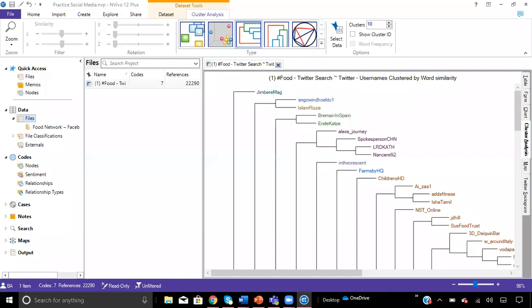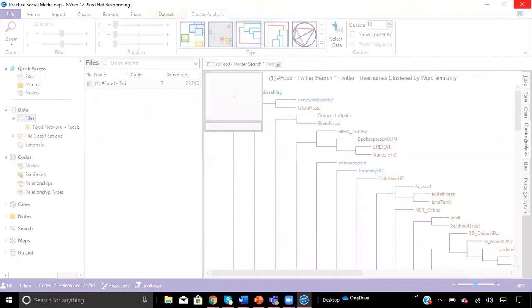Okay, and now the next feature is the map tab, which is pretty interesting. It'll give you a look at where the Twitter users were tweeting from, as long as the metadata is public. Again, NVivo only captures public data, so if that data was not public, it will not capture it. But the interesting thing about the map is that it's interactive, and if you click on a pin, you can see the post from that particular location. Again, it may take some time to pull up if you are working with a large data set.